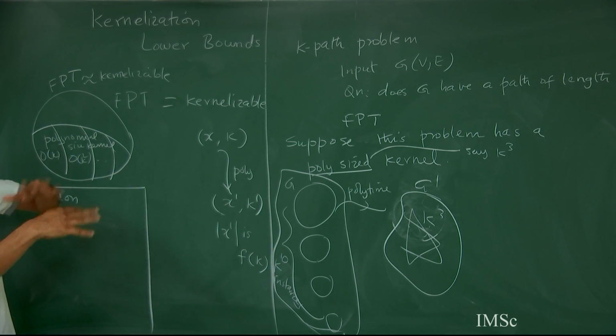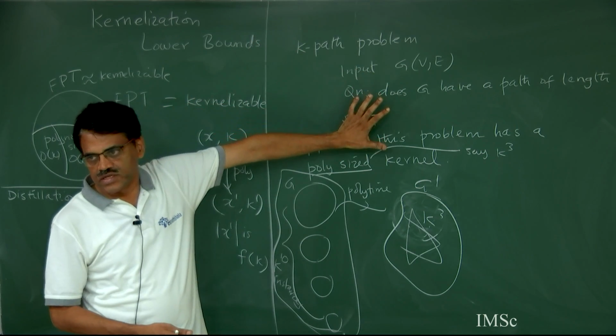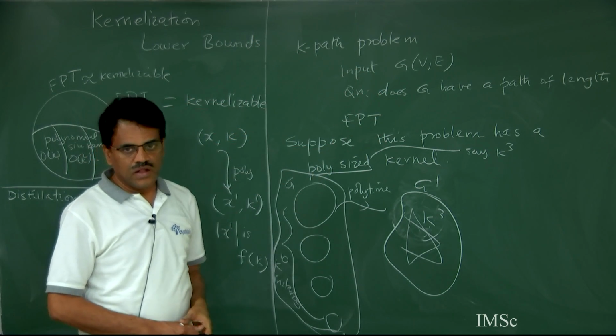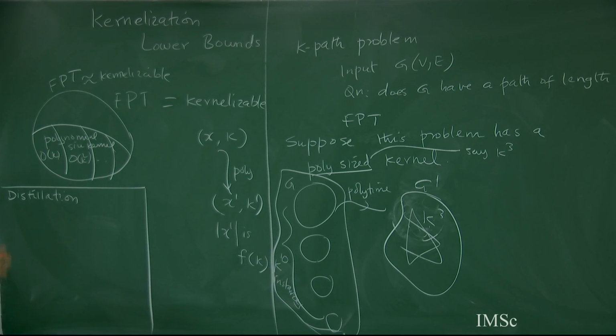So, the net effect of all of that is that this problem does not have a poly size kernel, okay. Now, we will actually argue this through some formal machinery, and the starting point of the formal machinery is this notion of distillation, okay. So, we start with some arbitrary languages L and R, and we say that there is a distillation